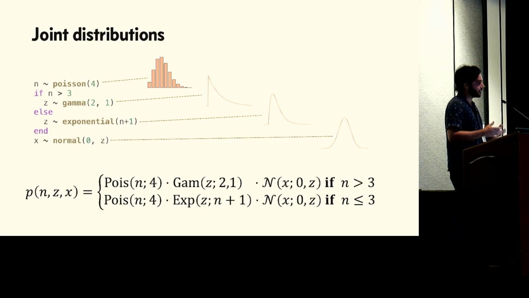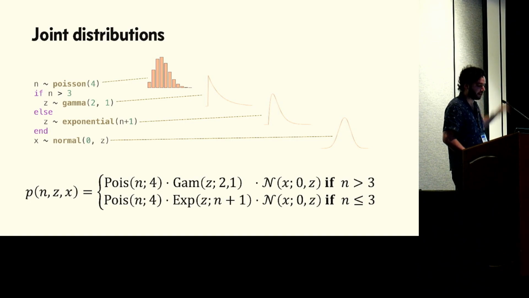When we do this, we interpret the resulting program as defining a joint distribution over all the primitive random samples that the program makes. So in this case, over all possible assignments to the variables n, z, and x. The densities of these big joint distributions can be computed by multiplying the densities of individual primitive distributions that were used to define it. So these joint distributions are easy to compute densities of.